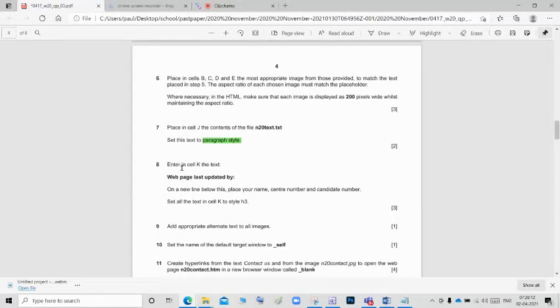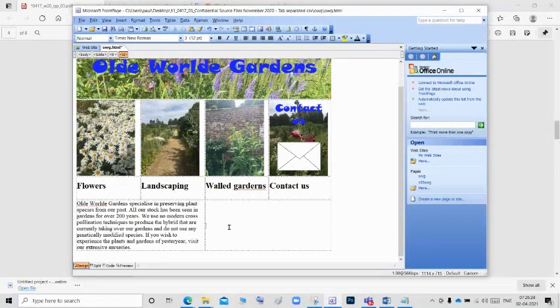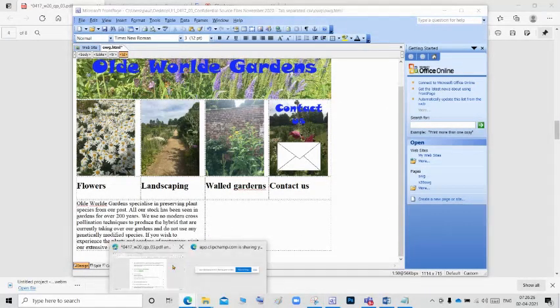Next, enter in cell K the text Web page last updated by. Okay, so go to the K and type last updated by. I am going to copy this.